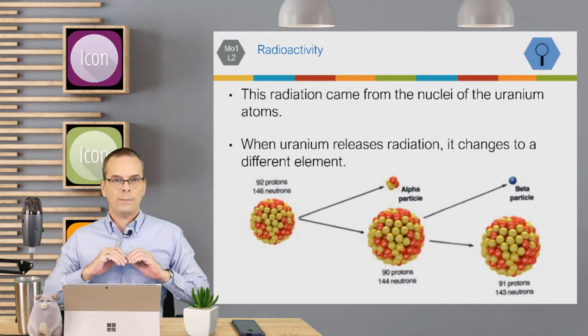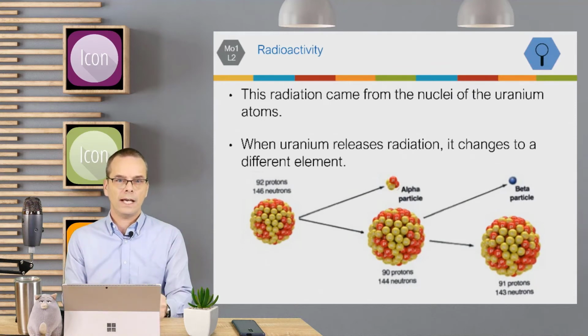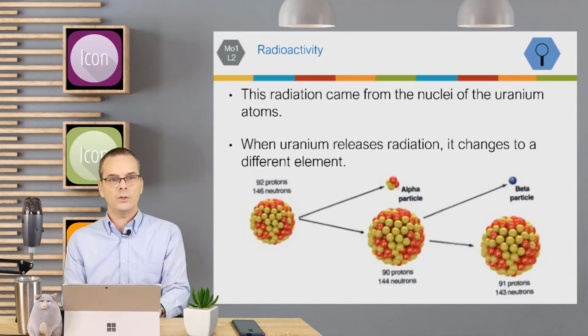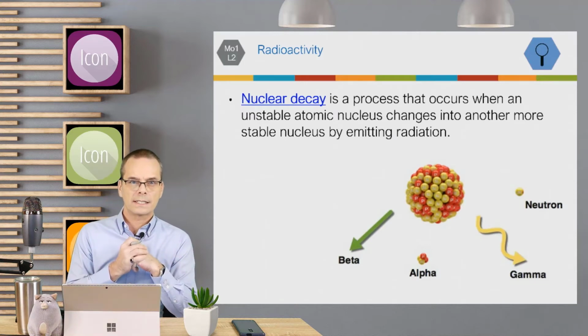So when uranium atoms release radiation, they actually change to a different element as they release this radiation from the nucleus. And we call this process of an unstable atomic nucleus changing into a more stable nucleus by emitting radiation